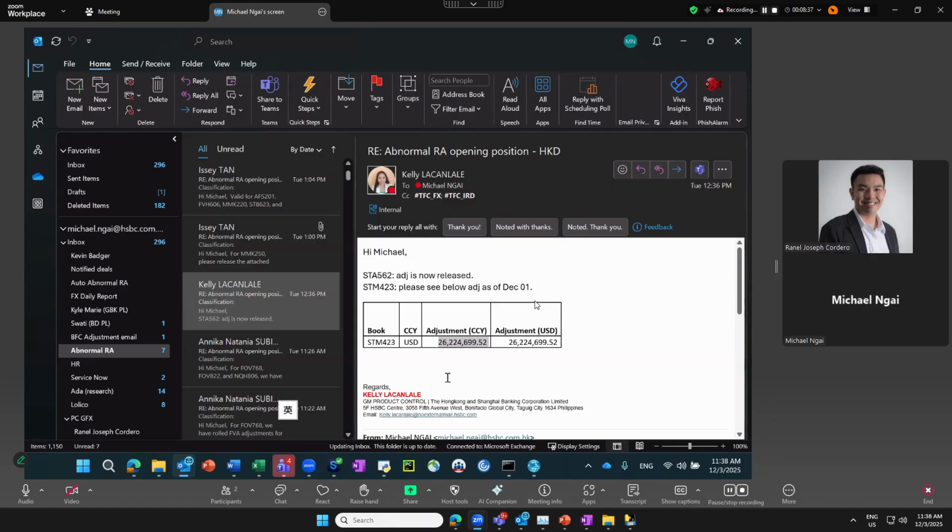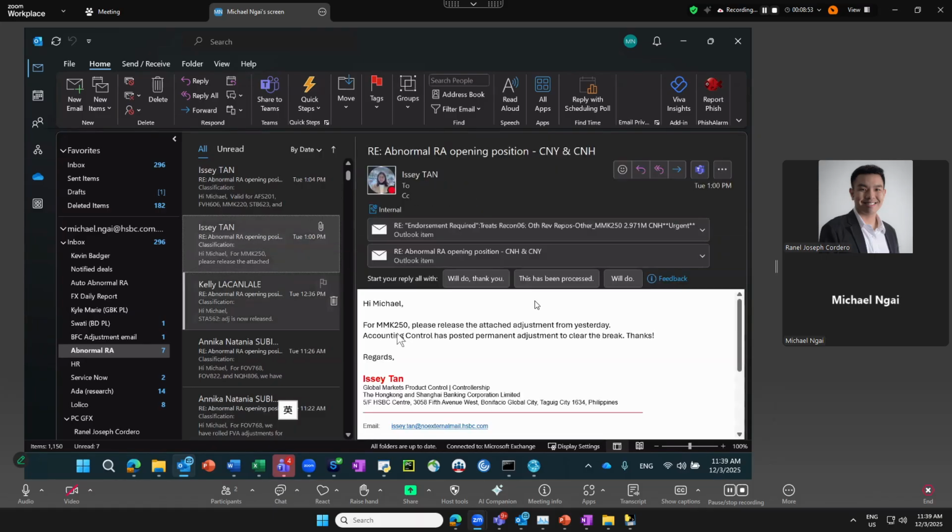You just need to know if they say there will be an adjustment tomorrow, then you tell the traders to leave long or short, depending on the total adjustment of that currency. If that adjustment is released on T+1, then on T+1 you can just say the P&L is valid because it's just a released adjustment, and you don't need to leave long or short anything as well.